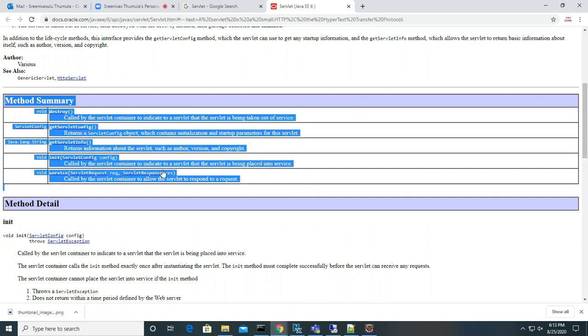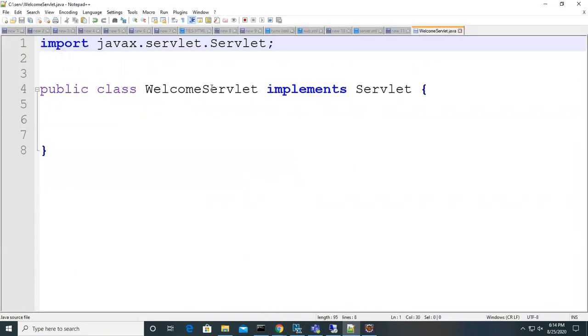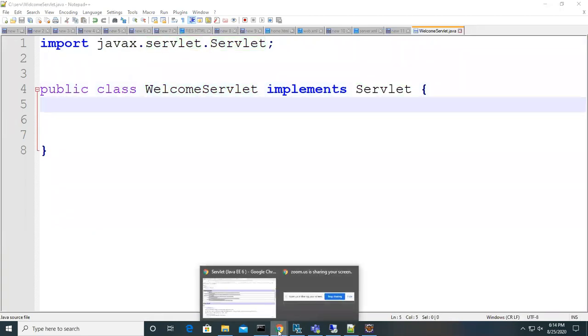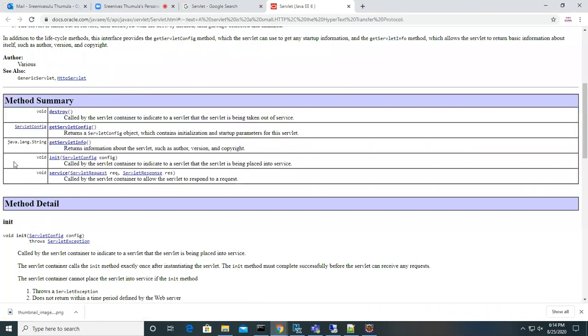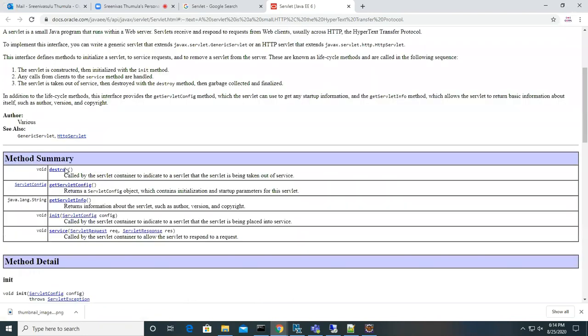If you don't provide implementation for all these methods, the compiler won't allow you to compile your file successfully. Whatever class implements the servlet interface, that class should implement all the 5 abstract methods. These 5 are all abstract methods only, because the interface does not have the implementation.